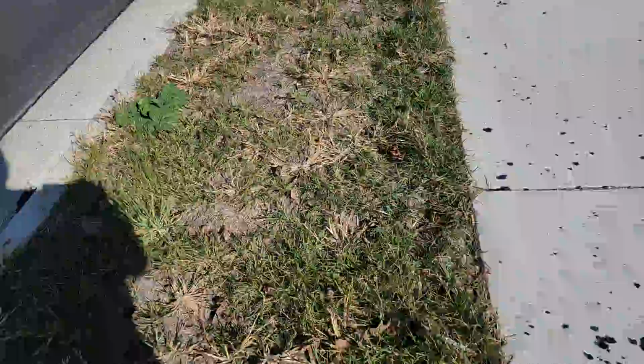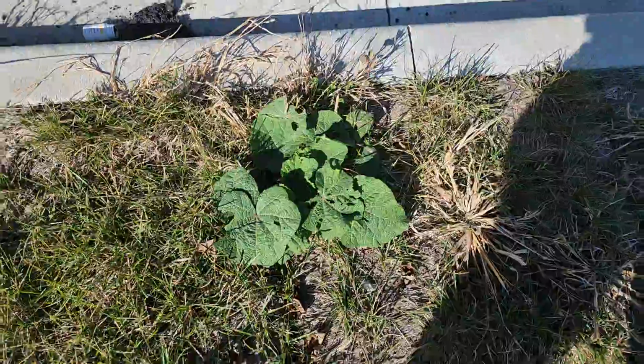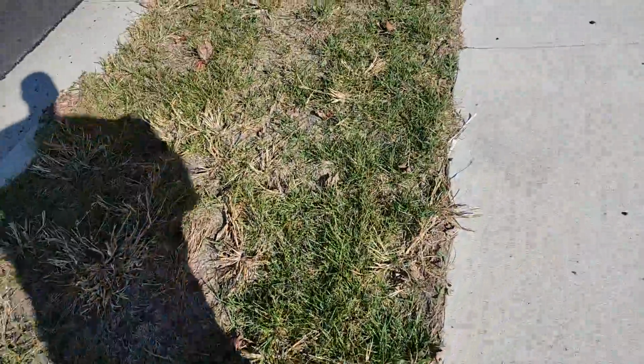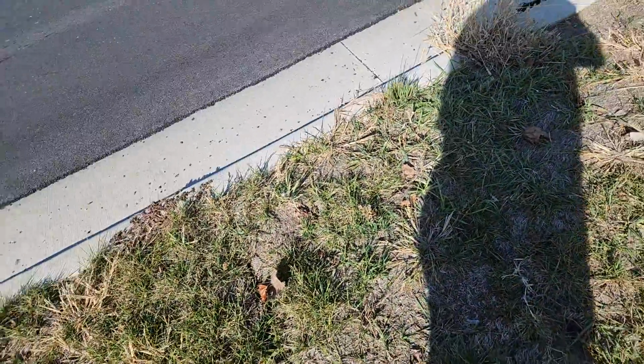Again, sod, show you it's real. Those are weeds. I'm gonna need some weed killer out here. The sod is real, and